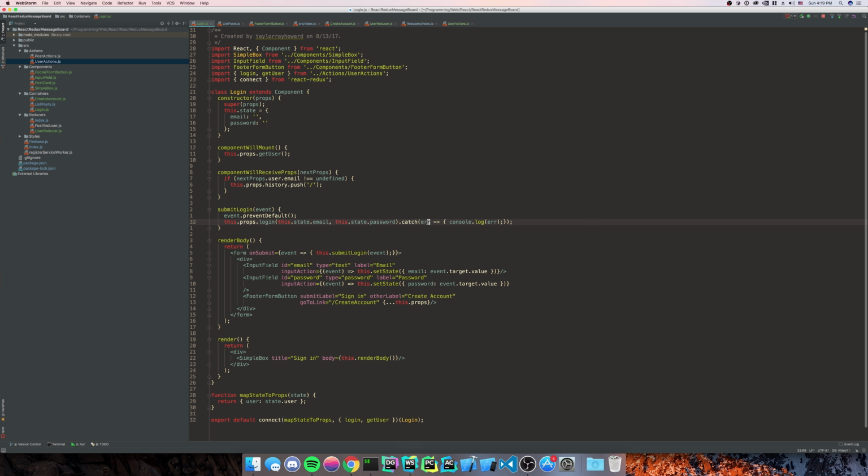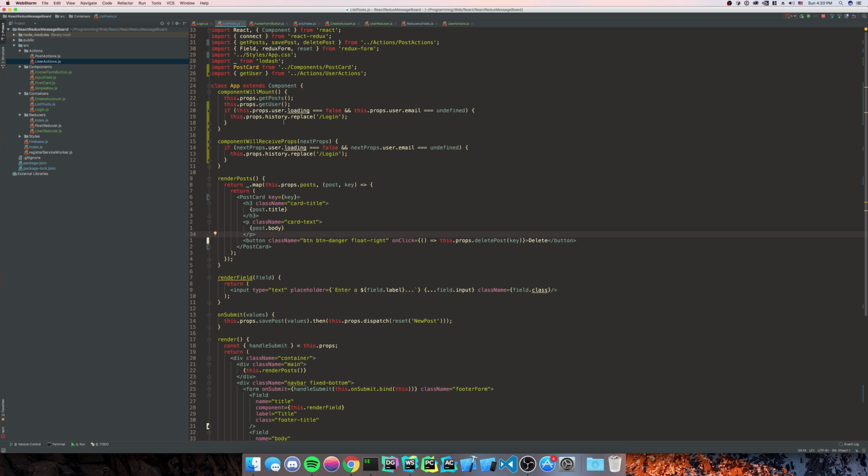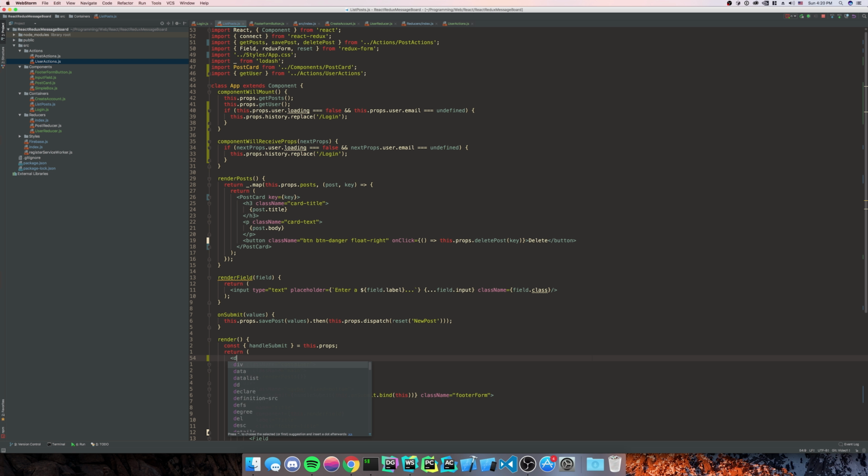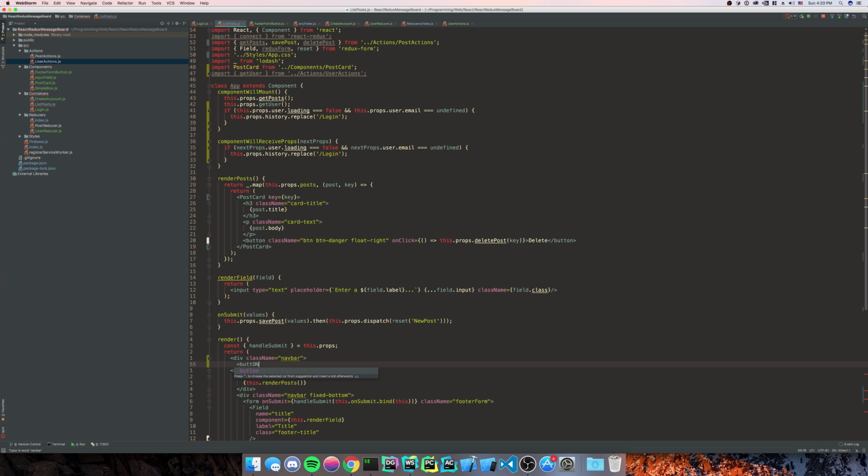So what we're going to do is go back into our list posts. On our render, we're going to do div className equal to navbar, button, className is equal to button danger. Call it logout, or sign out, I guess is fine. And then the onClick is going to be, so we are going to